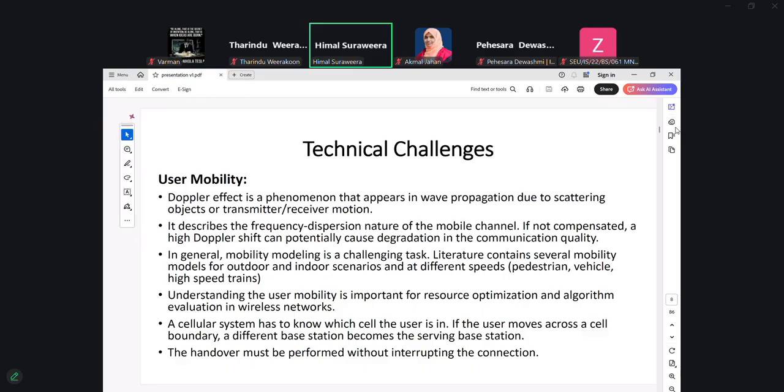This becomes very challenging, because when the user moves from one location to another pretty fast, the control of the user should be handed over from one base station to another. And if the network doesn't allow very low latencies, most of the time during the traveling period the call will get dropped, or the quality of service of communications will reduce drastically.